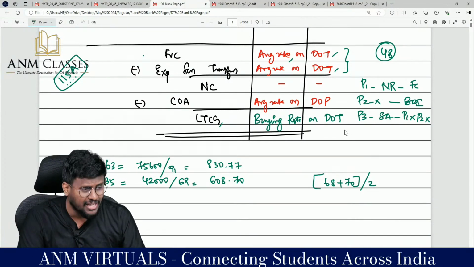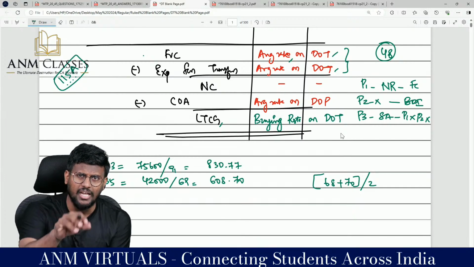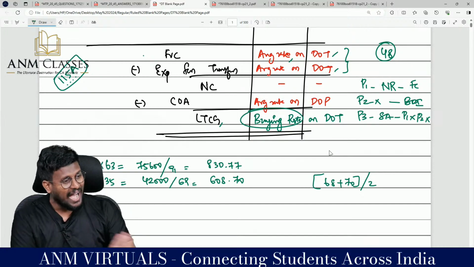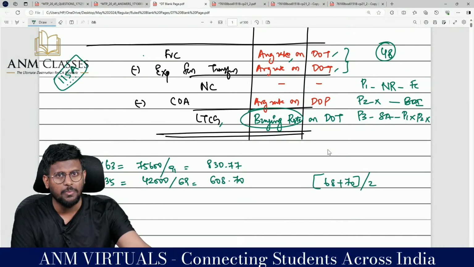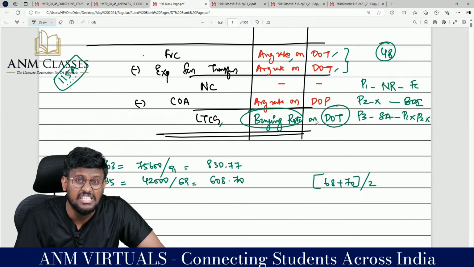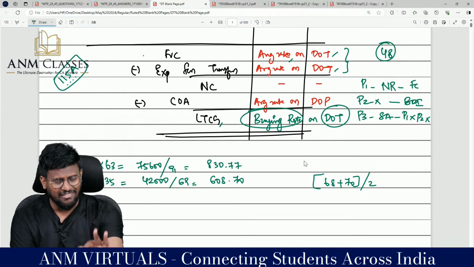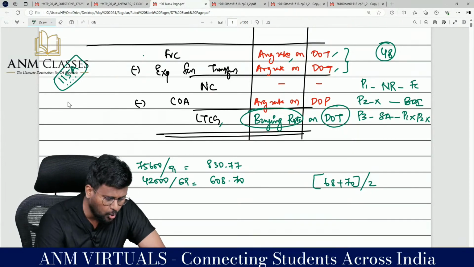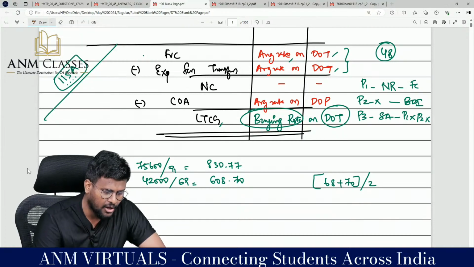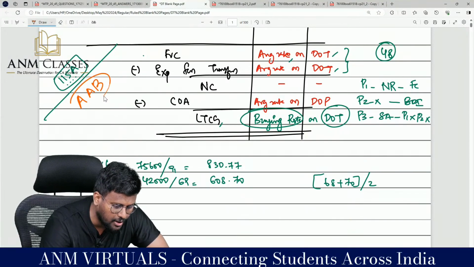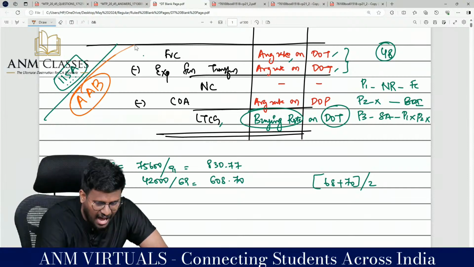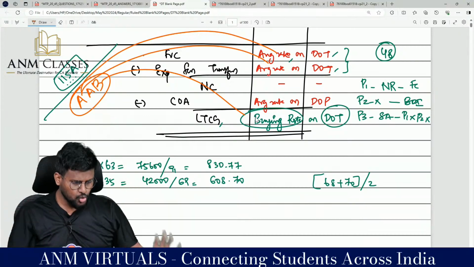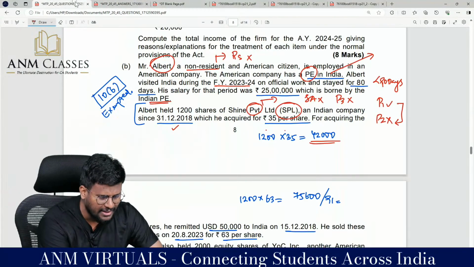Capital gain will be in foreign currency. This has to be converted into Indian currency. For that I will use the buying rate. There I will not use the average rate; I use the buying rate on the date of transfer, because the capital gain accrues on the day the transfer happens. That means Rule 115A says you have to follow average rate and buying rate. That's it. So I am going to calculate the capital gain.